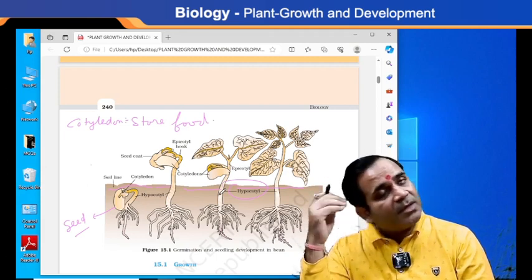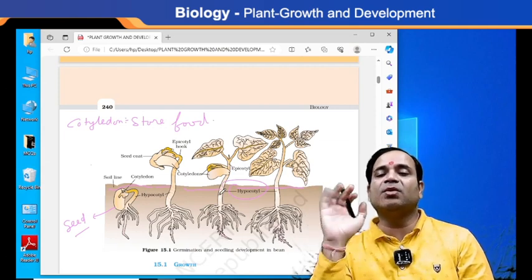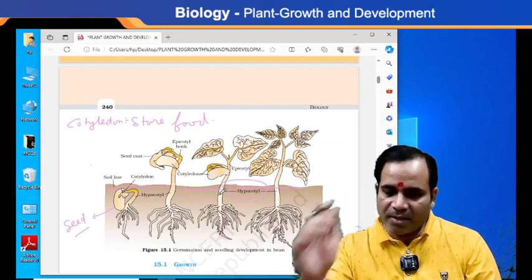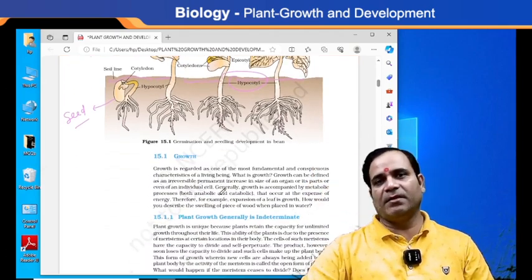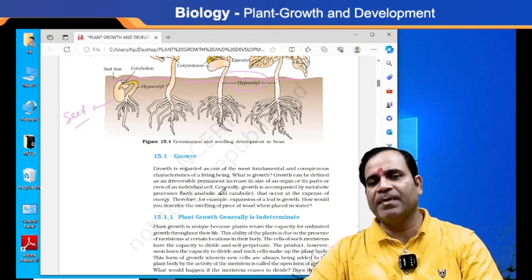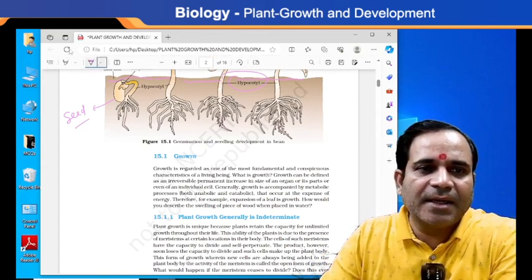So if the cotyledon is above the soil, then it is known as epicotyl, and if the cotyledon is below the soil, then it is known as hypocotyl. Now the thing is how growth is given in NCERT. So see, my dear, if I'm talking about the term growth,